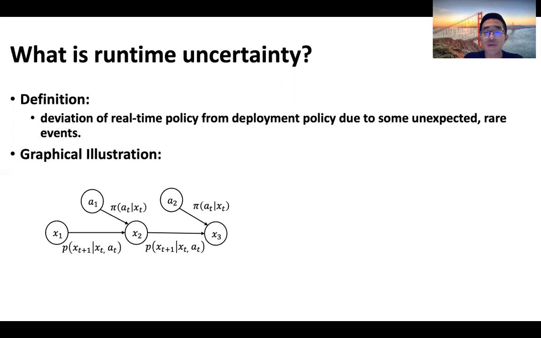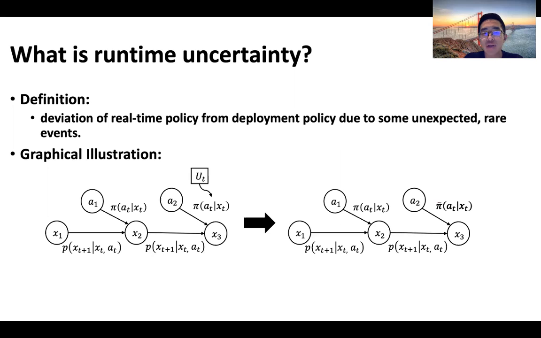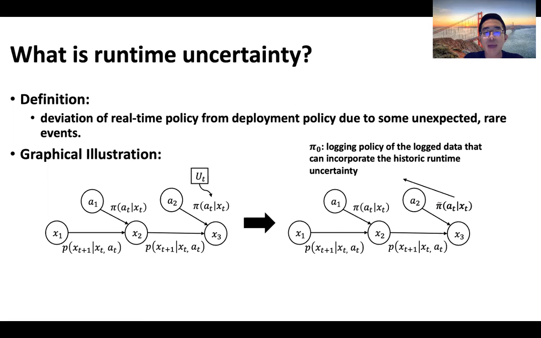This is a typical graph notation for a Markov decision process. X1, X2, X3 are the states. A1, A2 are the actions. P is the transition mechanism, and pi is the policy. When the runtime uncertainty affects the second stage, the original policy pi will be changed into policy pi tilde. In the following slides, we use pi 0 rather than pi tilde to denote the runtime, real-time policy, which can